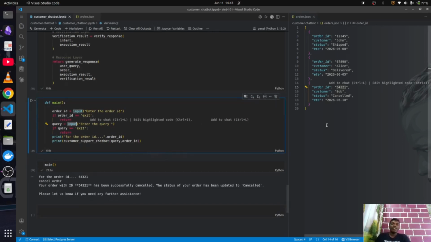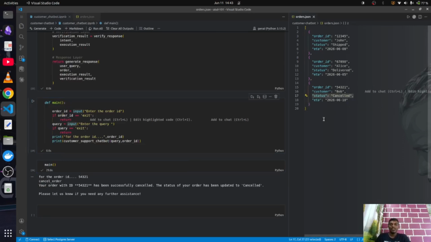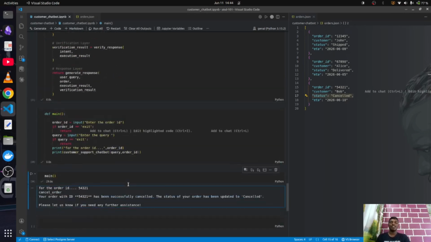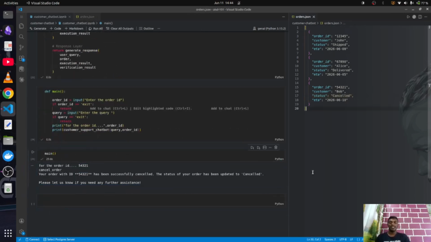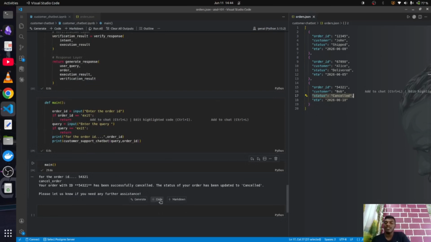That's all. So if you see, the status got cancelled. Considering this our database, as soon as I asked to cancel the order, the status which was earlier processing got changed. So that's how the database works in real time. When I have a business logic which tries to manipulate the database, it does so, and this is proof that our business logic is also being executed.